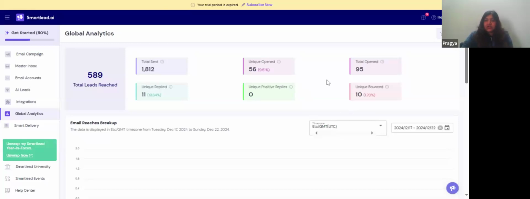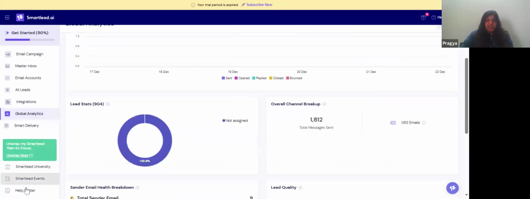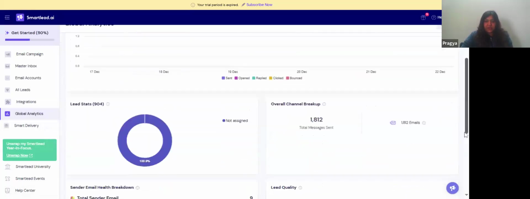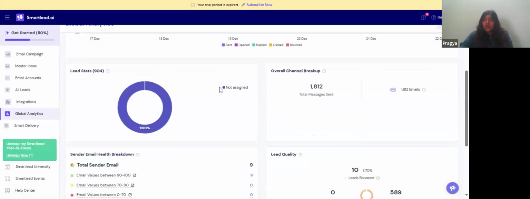You should actually spend some time on personalization of the emails, and that actually gets you better results. So these are total opened, and then there were bounces as well. So this is pretty much it. And further down, if you go, you can see some kind of analytics as well if you want to check, because this is really important, right? You can see how many people you had sent the email to, how many people opened, replied. So you can just keep checking, right?